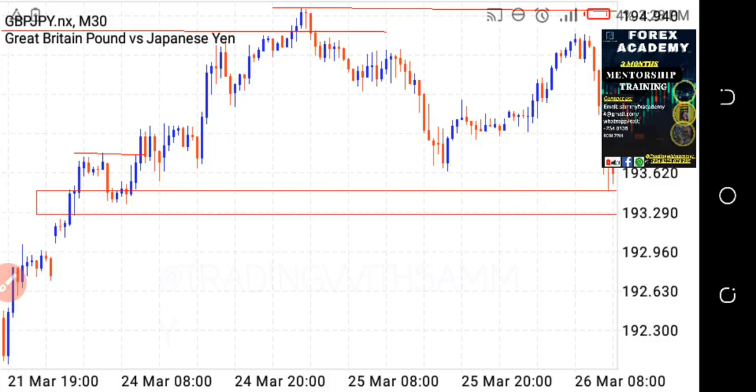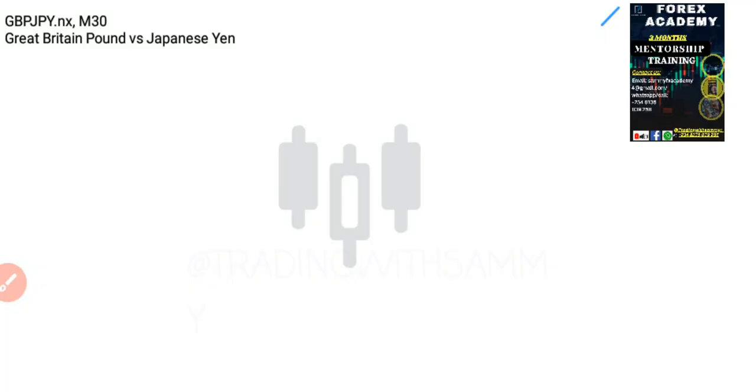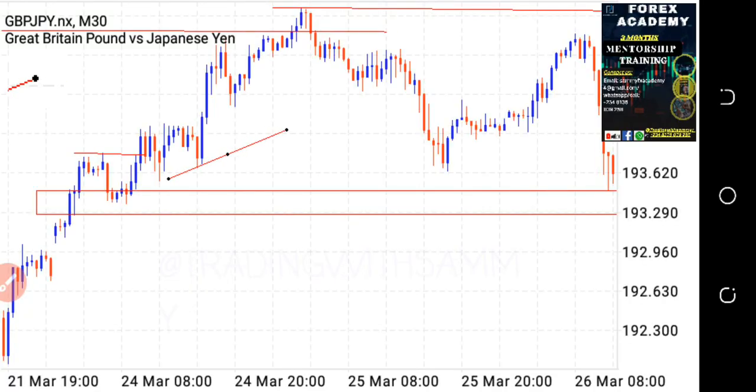Okay, so I'm going to be outlining this here. Let me see what happens to it. So this to me is a static liquidity. It is a static liquidity that needs to be swept. Okay, so many folks entered here in the buy, so price is bound to come back here.